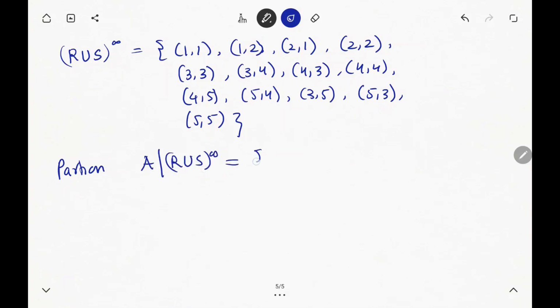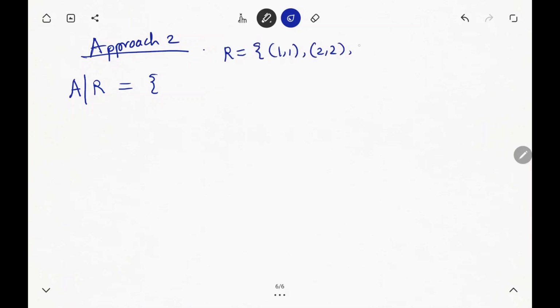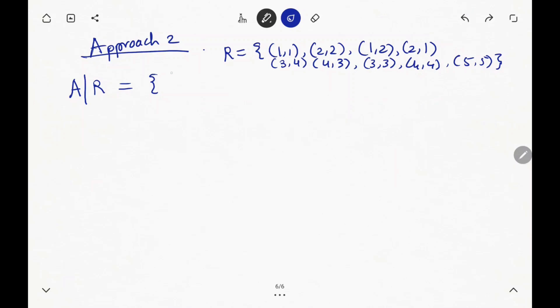We can go the other way around as well. We have R and S, so let's go the alternative route. Here we first found the equivalence relation and then found the partition going backwards. Now let's find the partition first and then find the equivalence relation induced by the partition. Firstly, we'll observe the partition of A induced by R. What is the partition of A induced by R? Even by observation, as you can see, 1 and 2 are in one compartment